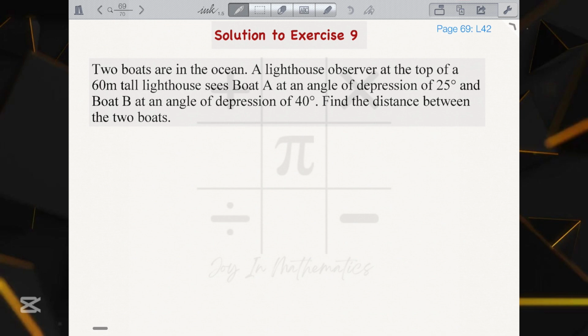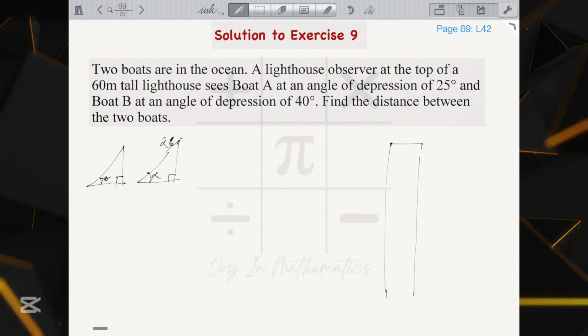Now, it's important to have a quick feedback on angle of elevation and depression. When we have this diagram, this is the angle of elevation, and when we have something like this, we have this to be the angle of depression alpha, which is adjacent to this angle, and we are solving a right angle diagram. So let's have a lighthouse,